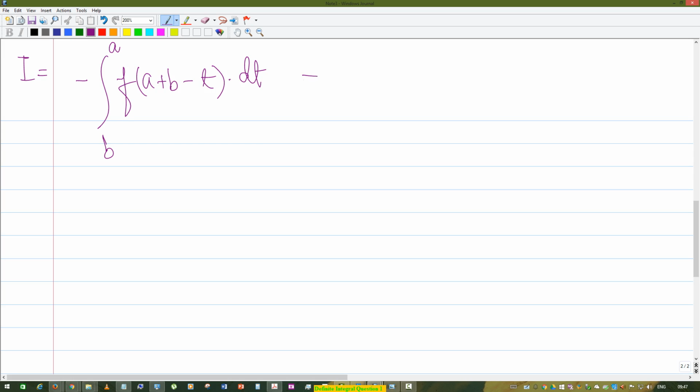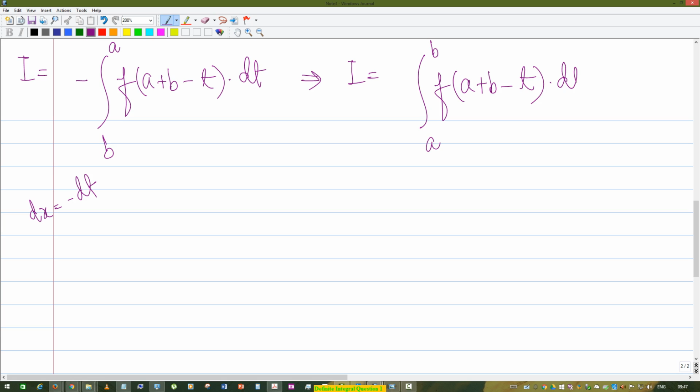And where did this negative sign come from? The expression dx is equal to minus dt. Now we can interchange the lower limit and the upper limit, so this expression will become a to b f of a plus b minus t dt,